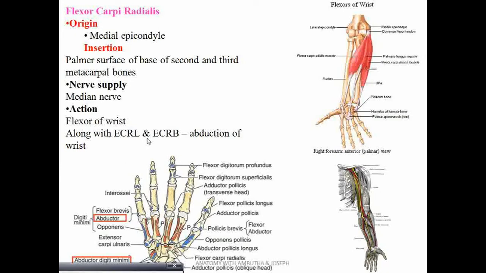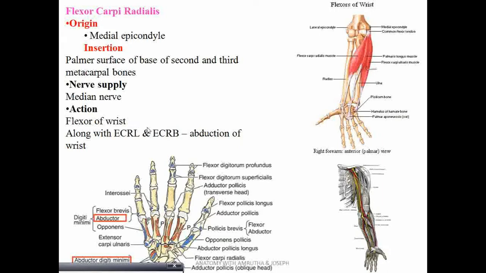One muscle which we are discussing now is flexor carpi radialis, which is seen on the flexor aspect but on to the radial side. Similarly, another two muscles which are seen on the extensor aspect towards the radial side are extensor carpi radialis longus and extensor carpi radialis brevis. So both of these muscles, these two and flexor carpi radialis,